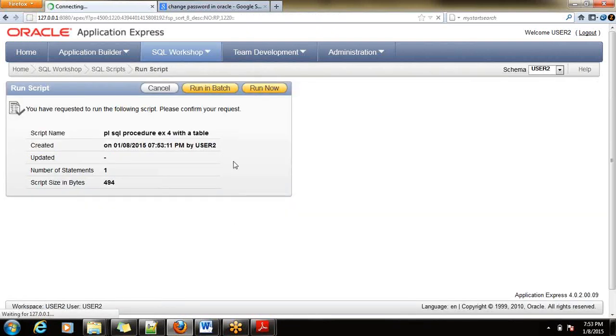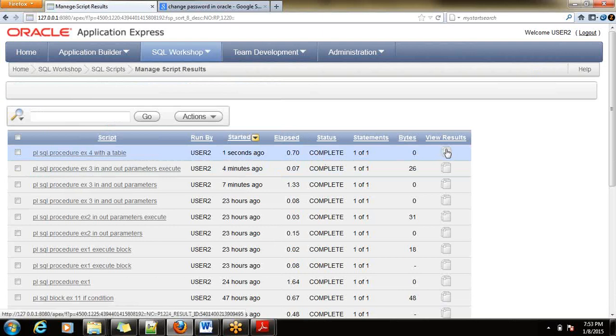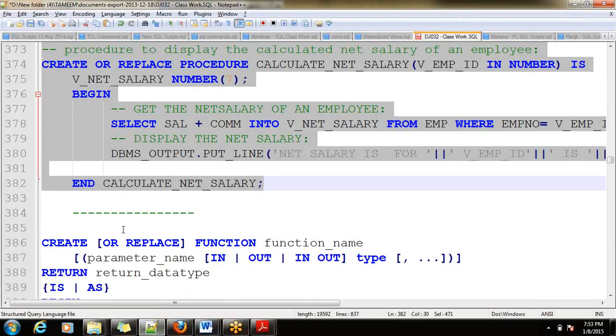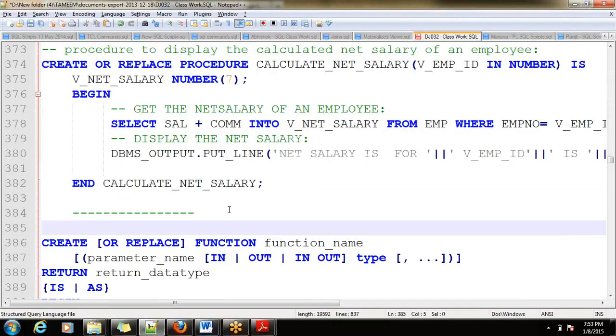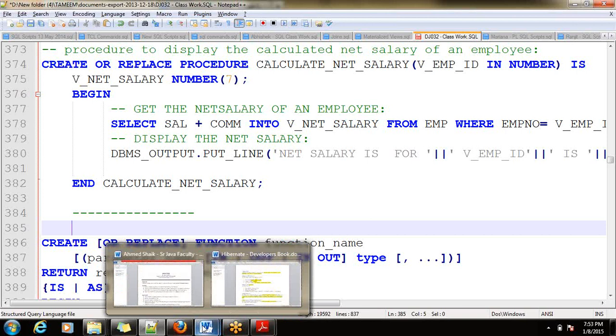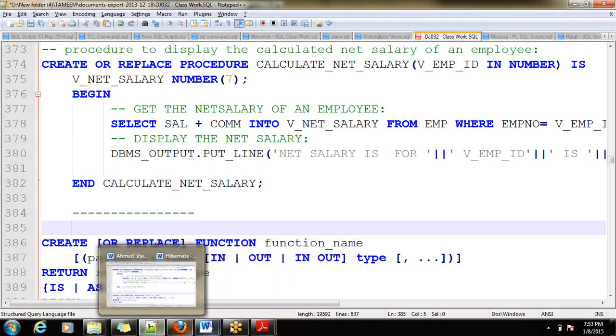Run now. View results. Yes, with 0 errors, this particular procedure is created and stored. Then we need to execute this. To execute this, I need to pass the employee ID.